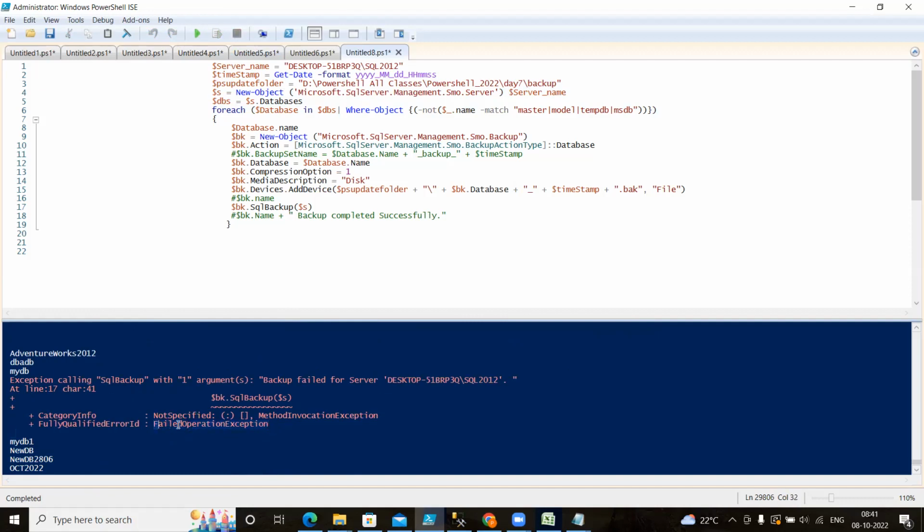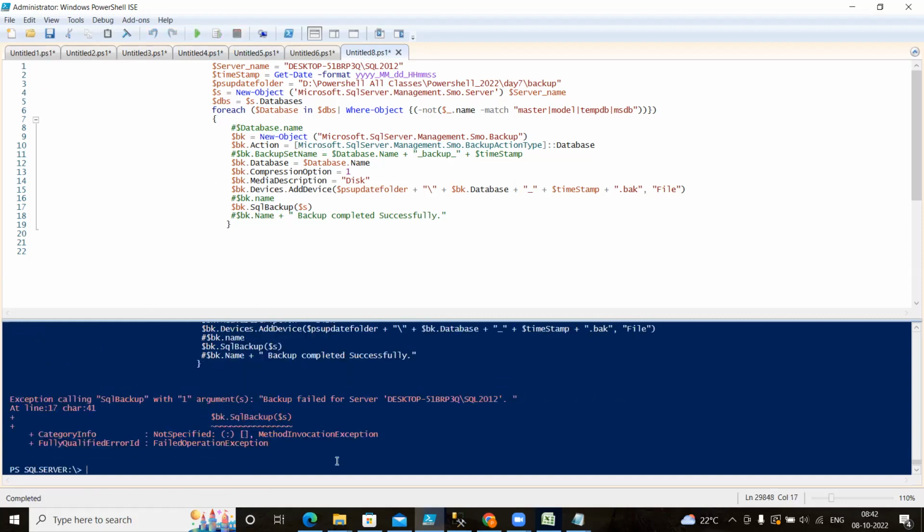It is called an exception. Which exception will it fail with? Failed operation exception. And here it is not saying anything, right? You can see it is not giving any detail why it failed. It only says backup failed. It is not saying the database name either. Because I am displaying each database name, I can understand: I have written the database name here, so it displays the database name, then it takes the backup. So if it fails here, I can understand that this database is the one that failed. But if I do not have this, my name is not going to display, and this time you will directly get that exception, and you will not understand why this error